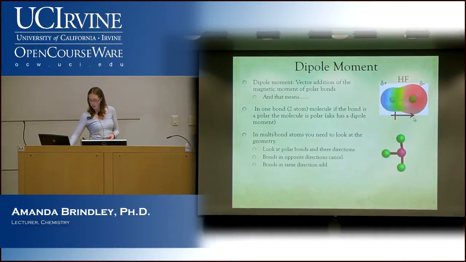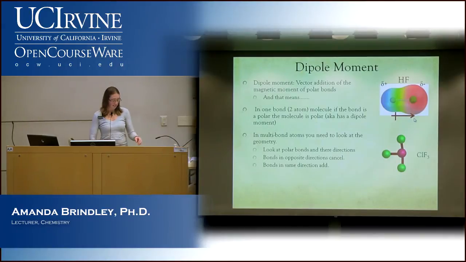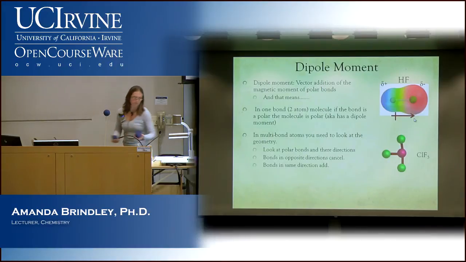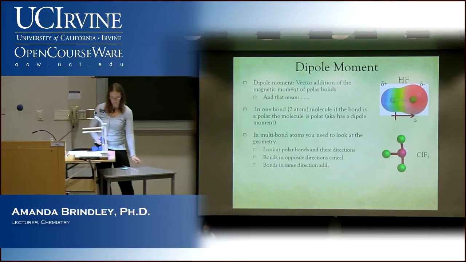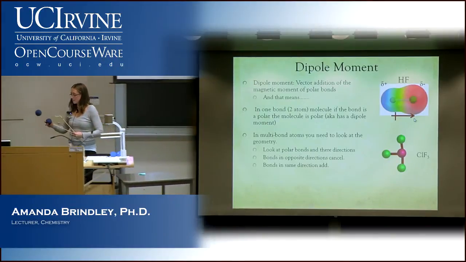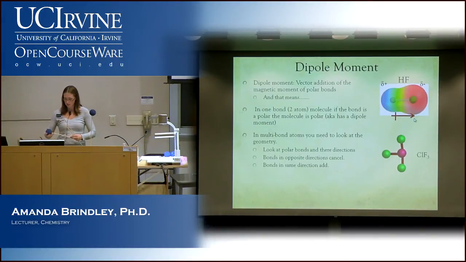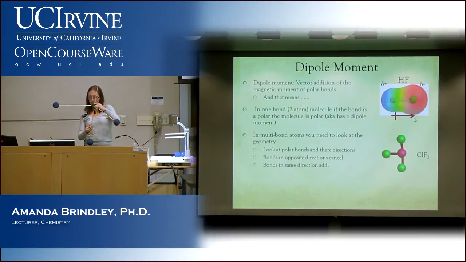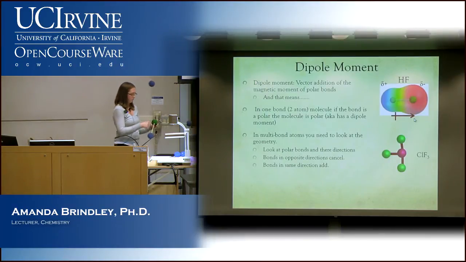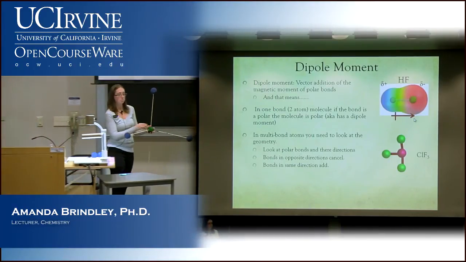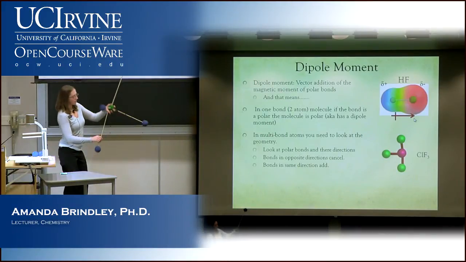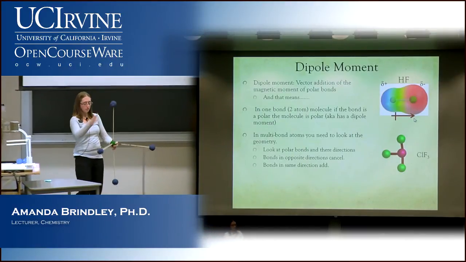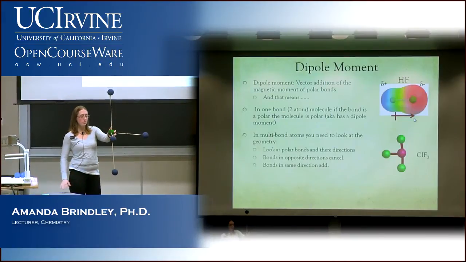Now, what if we have something more complicated? So, for instance, ClF3. I've taken my structure apart, so let me put it back together real fast. Something like this is a little bit harder to see. First of all, is a bond between Cl and F polar? That's our first question. Are these going to be polar bonds? They're not going to be super polar, but they'll be polar. Fluorine is more electronegative than chlorine, so each of these fluorines will steal electron density away from the chlorine.